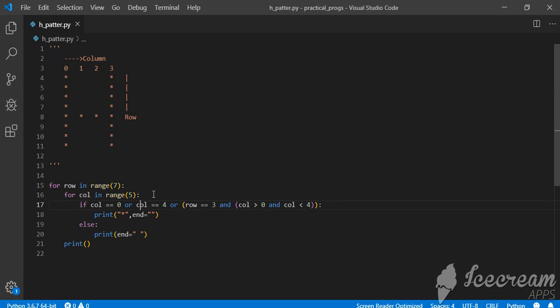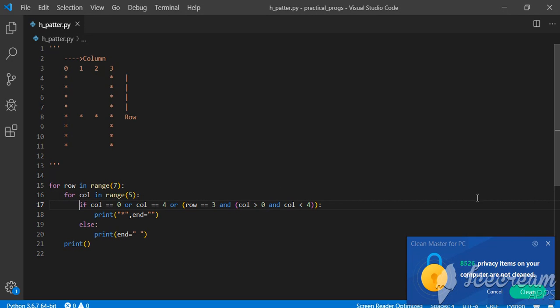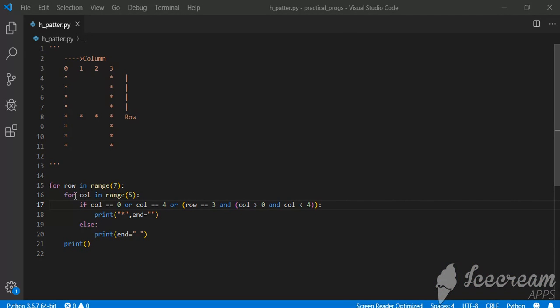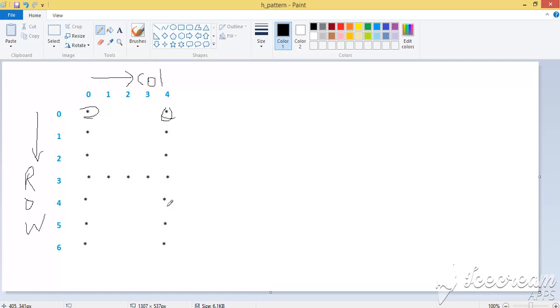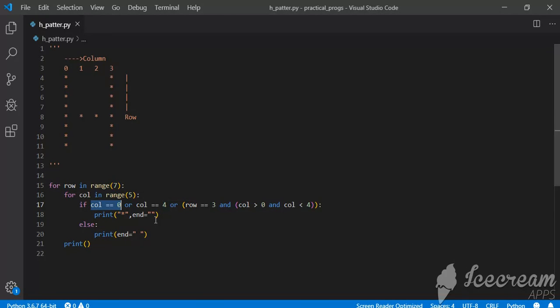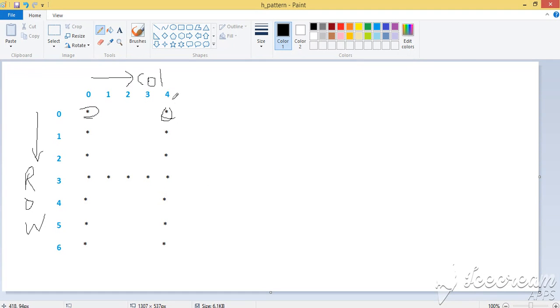So for that, here we have an if condition. See, if condition, and the column, which means column is equal to 0. Why? Because the column is equal to 0. The column should be 0, right? And the column should be 4. The column should be 4. Then column, this column, if this